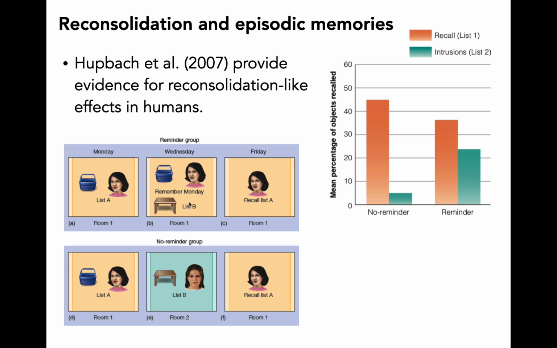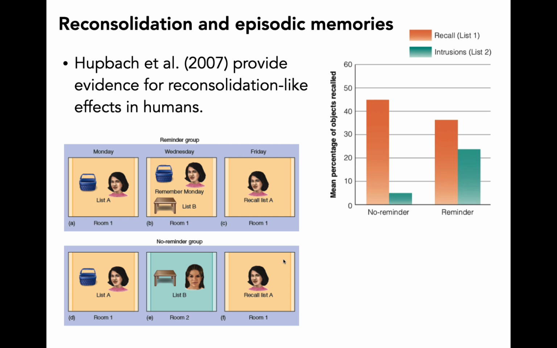So one of the groups was asked to just remember what they did on Monday. So remember that objects were put into the basket one at a time, and they had to memorize them. And then after this memory was brought to mind, they learned a second list of objects. The other group didn't get this reminder about what happened on the Monday. They simply came back in the lab and learned about a second list of objects. At the end of the week, both groups were tested on their memory for that initial list, so the 20 objects that were put into the basket one at a time.